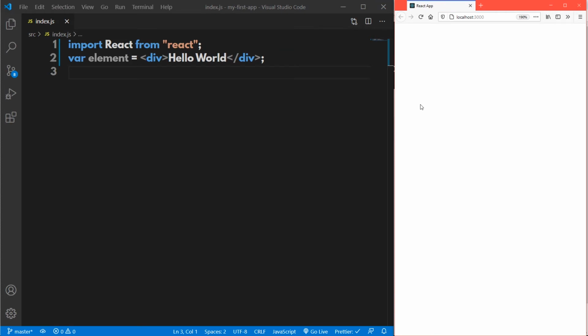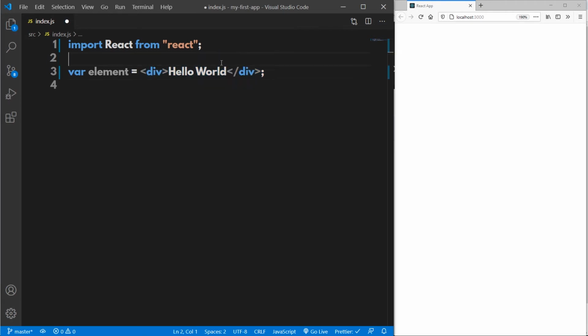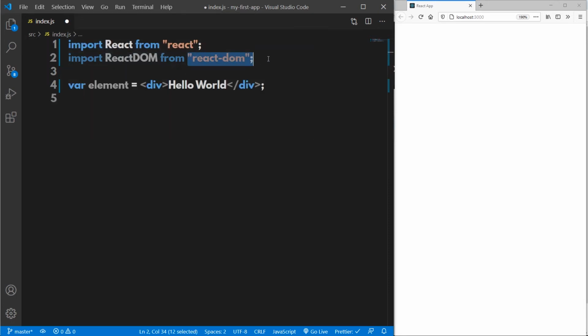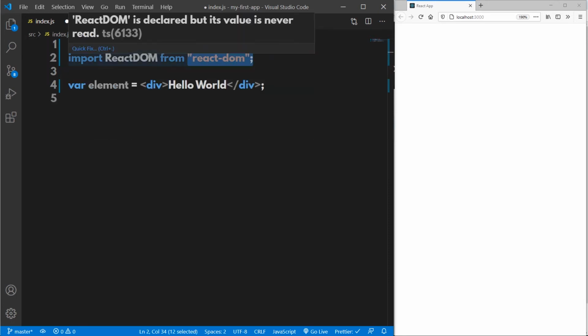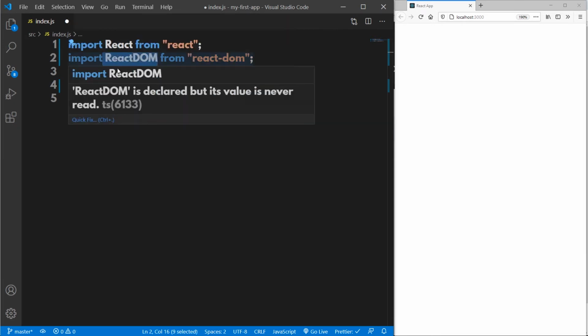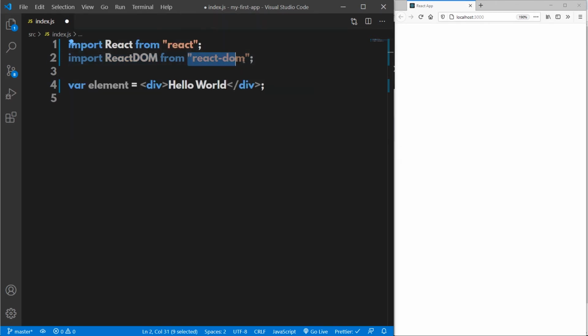Now that the errors are cleared in the browser console, this is the time for rendering the same into the React DOM. In order to render the React element into the React DOM, we require something called import ReactDOM from the module called react-dom. Always the right-hand side one is the module name and the left-hand side one is the default import of the particular module. So we are importing an object called ReactDOM from the module called react-dom,